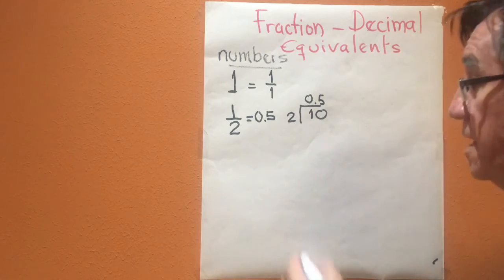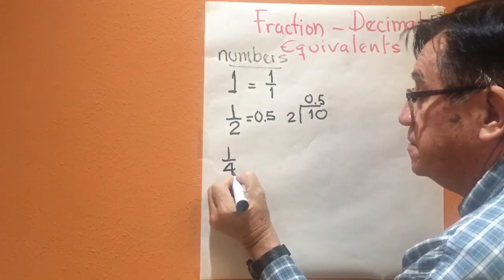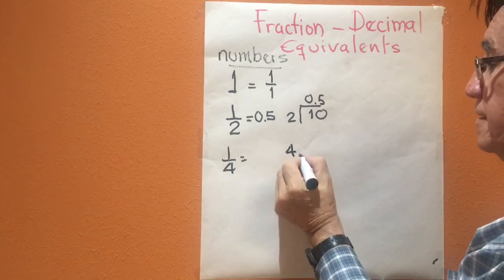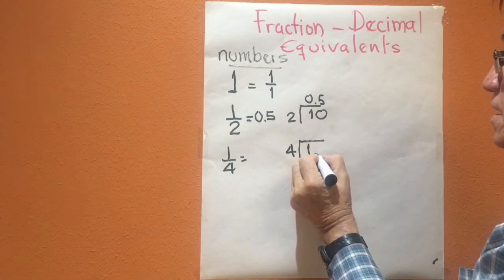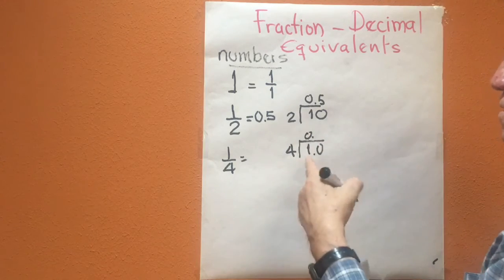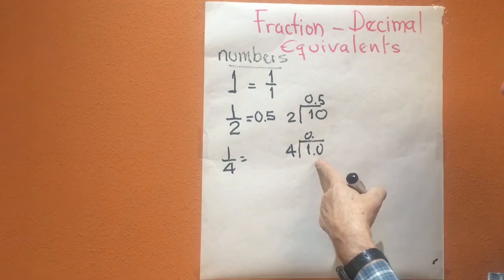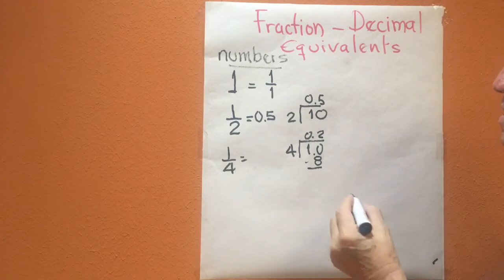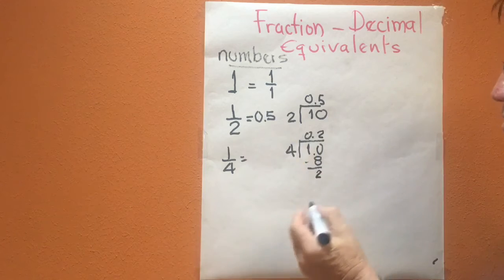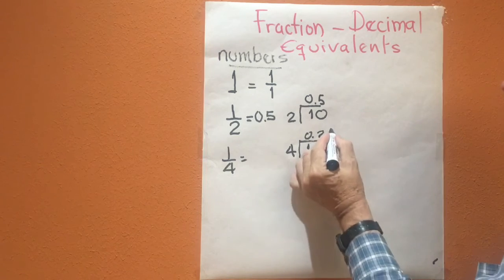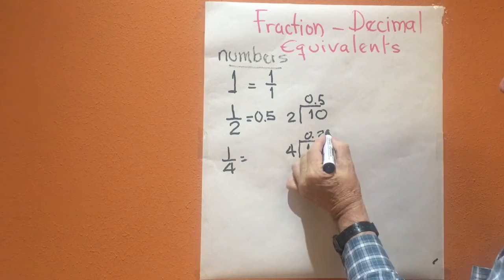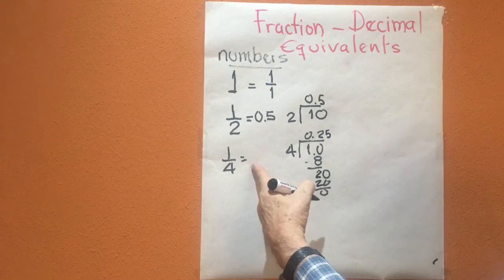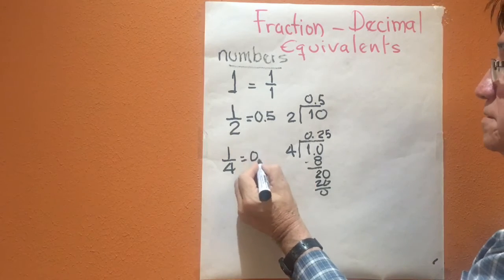Now let's see if we have another number like this, 1/4. 1/4 could be in a decimal form like this one. The same procedure, okay? So 10 divided by 4 is equal to 2. 2 times 4 is 8, minus 10 is 2. But I don't need to have remainders, so I will have 20. So 20 divided by 4 is going to be 5. 5 times 4 is 20, which gets 0. So my decimal number is 0.25